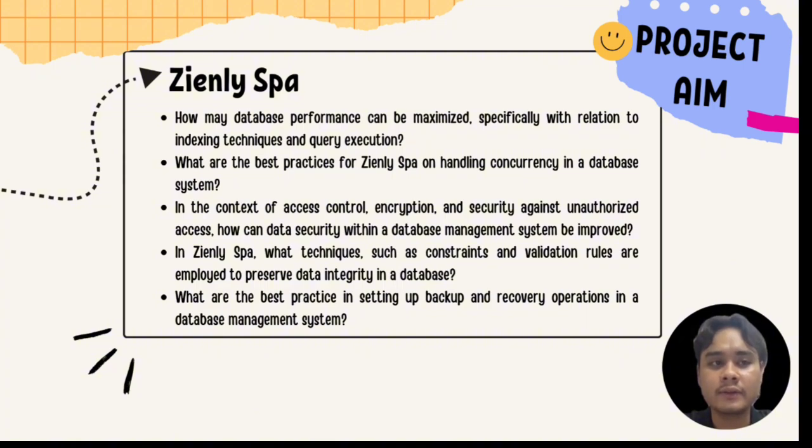And the third is, in the context of access control, encryption and security against unauthorized access, how can the data security within a database management system be improved. The fourth is, in Zienly Spa, what techniques such as constraint and validation rules are employed to preserve data integrity